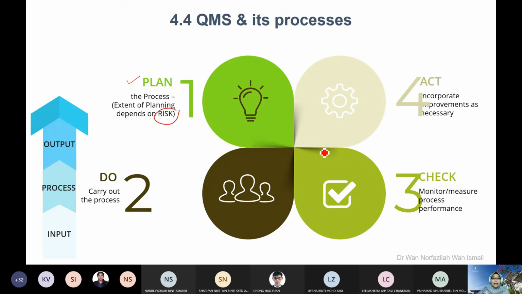Okay, and then next, when you carry out the process, you need to monitor and measure the process performance. If the 2 persons in charge can deliver very good and fast results for your customer, then you can proceed. But if the 2 persons in charge are not good enough to fulfill the requirements of your customers, let's say this customer,